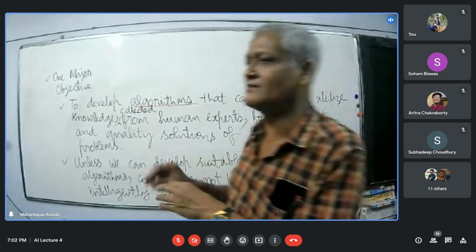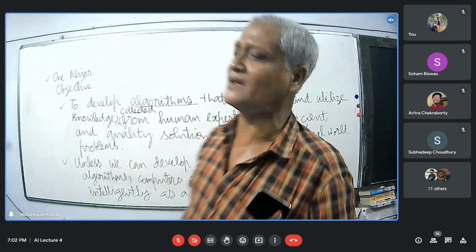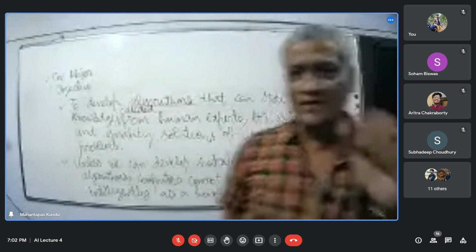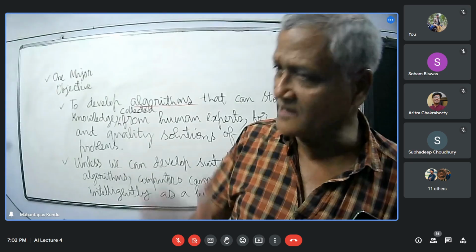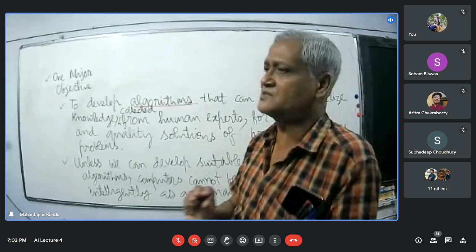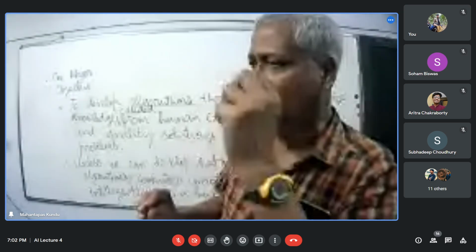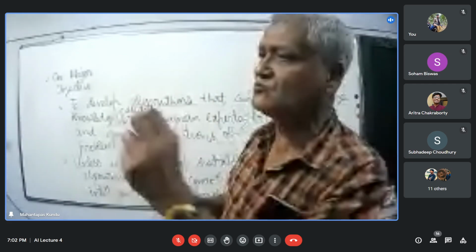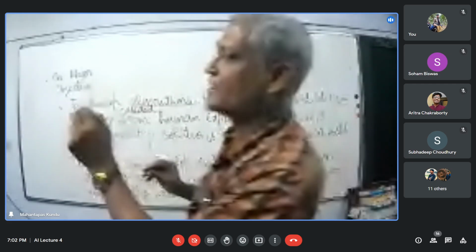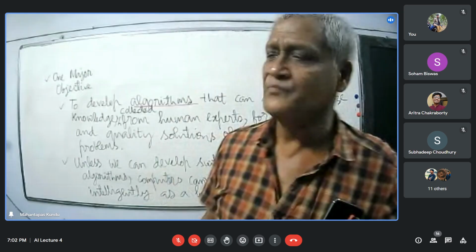Then the number to be searched in that list will again be read from the keyboard, say into a variable x, and after that we will compare x with each element of the array, beginning from a0, a1, a2 up to an minus 1, if there are n elements in the array.